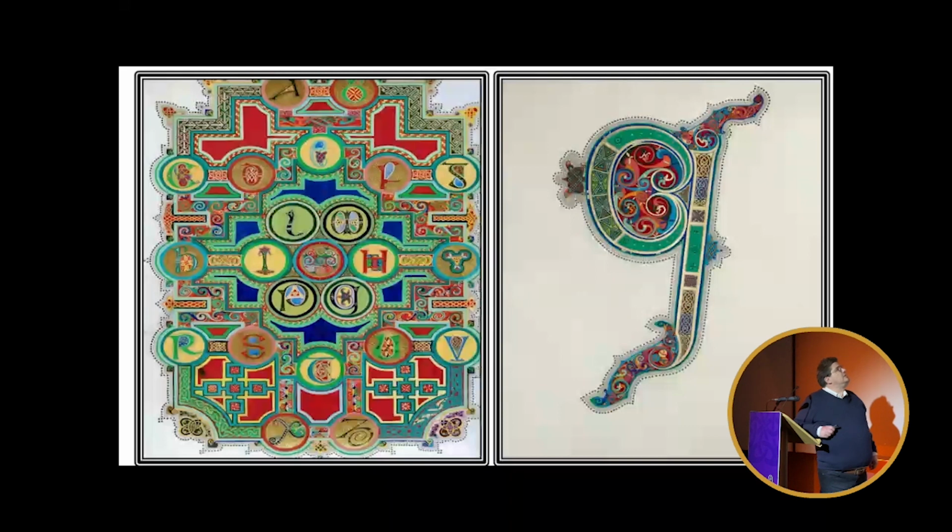A, B, C, D, E, F, G. H, which there's no H in the Irish alphabet, of course, it's a Bualta. H, L, M, N, I think is the O, P, and the Q, which of course looks like a G. I have no idea what this is and have yet to find anybody who does. And then you go on to your R, S, T, U, V, and X and Z,